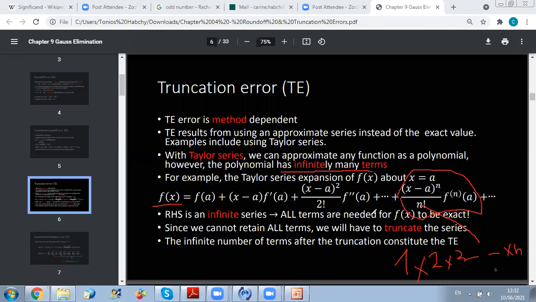Okay. Now, as you can see here, the right-hand side of your equation represents an infinite series. And if you want to have an exact value of f of x, you should compute infinite terms and add them, which is not feasible. Okay? This is why using Taylor series, you will have an error because you will stop at a certain stage. Okay? Now, this is called truncation error. Now, in case you increase the number of terms that you will take into account, so the more terms you add, the lower the truncation error will be because